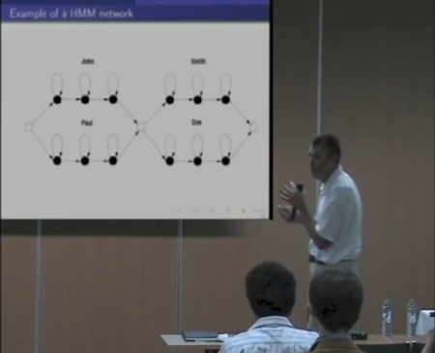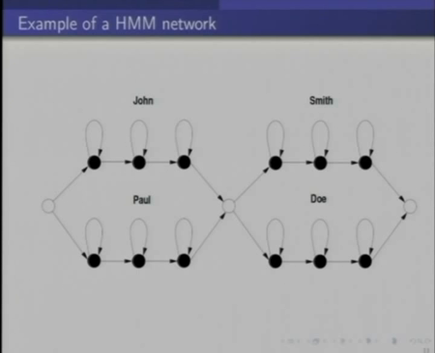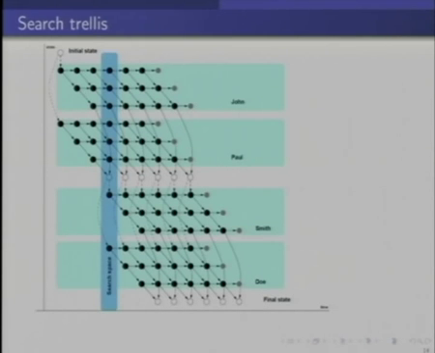So let's look at a trivial example. Let's say you have a name dialer. Well, you could have as many as four persons if they have the right combination. So this is very simplified, right? Let's assume each word has only 3 states. Actually, I would have many more. Typically, you use at least 3 states for each phoneme. But so you build this network somehow, and then the search is done by expanding in time into